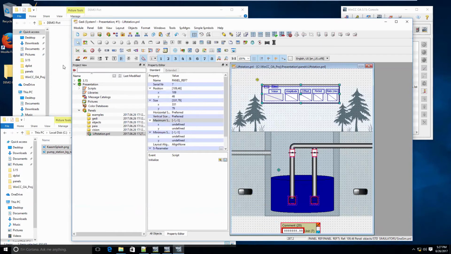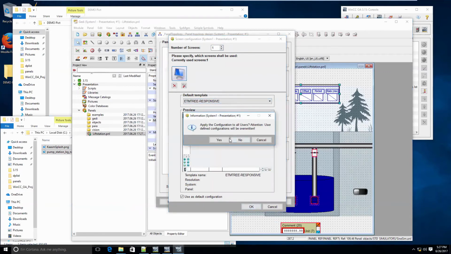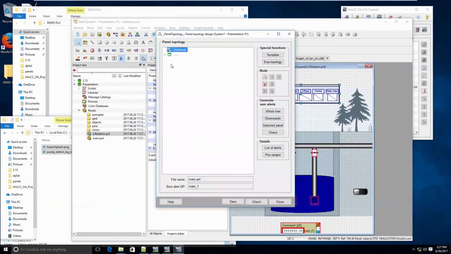Now, this is only one part of the panel. To complete the actual application, the deliverable to the end user, we need to add other things like alarm banners, alarm standards, user login, other functionality such as summary alarms. And we actually give you a tool inside the WinCC OA environment, the panel topology tool, that quickly does this for you. We can use some of the predefined templates, say pre-responsive. All of this is covered in the training. We can go through all of it. So in lieu of time, I'm just going to do these things really quick. And if you have any other questions on how these things were done, follow up in the